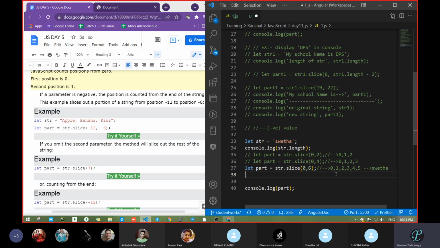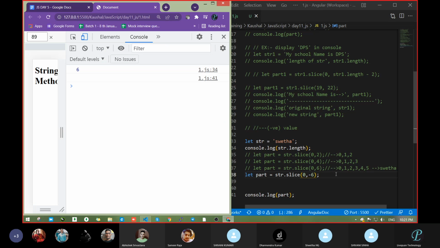Now give a negative value and let's see what it is going to do. So I will not give this value. I will pass -6 and 0. Let's see what the output is.